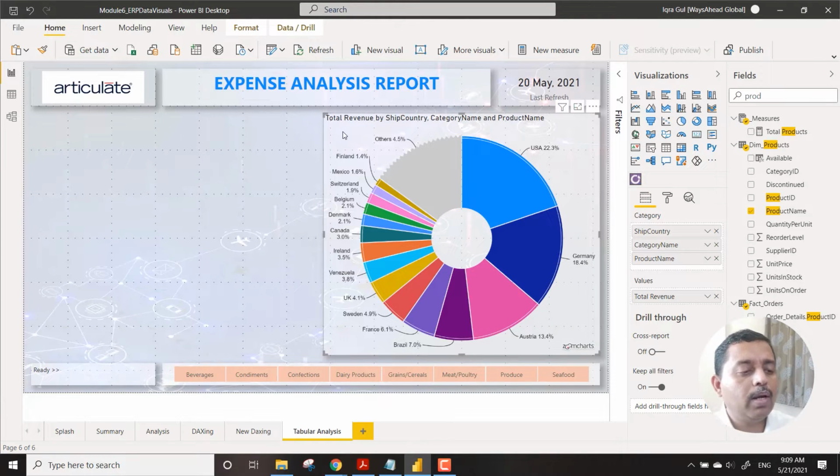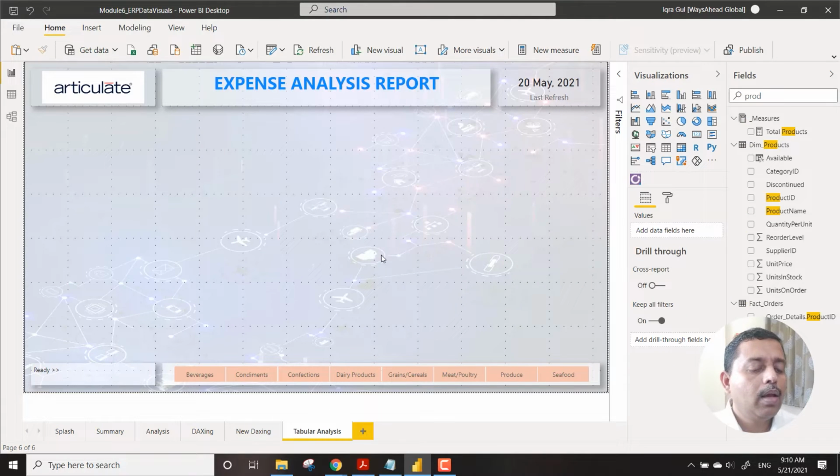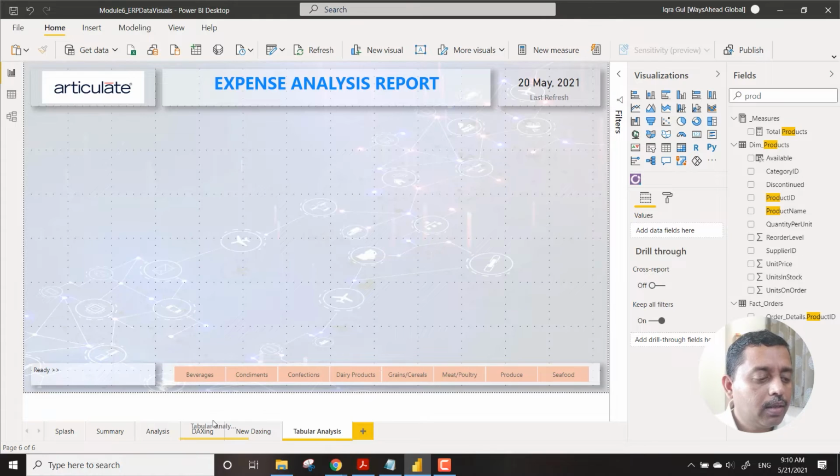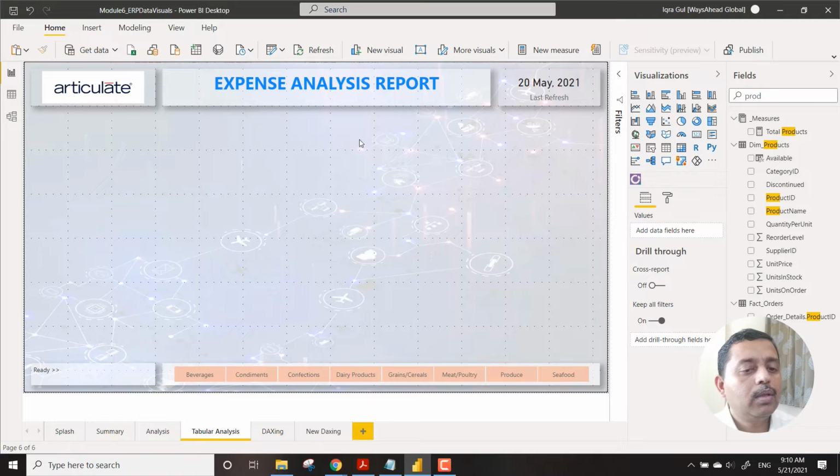We remove this part, and we have a clear place for bringing up a table. So we bring up a table, and we have options. I mean, we have table and we have matrix.